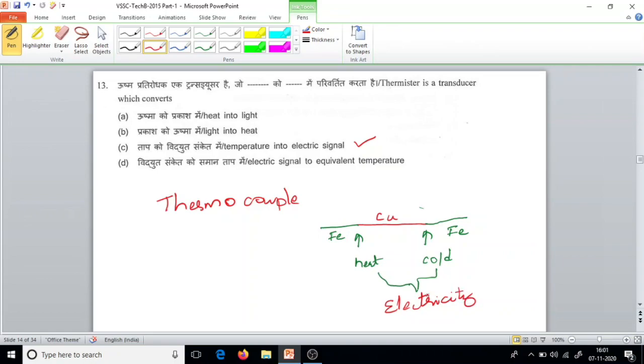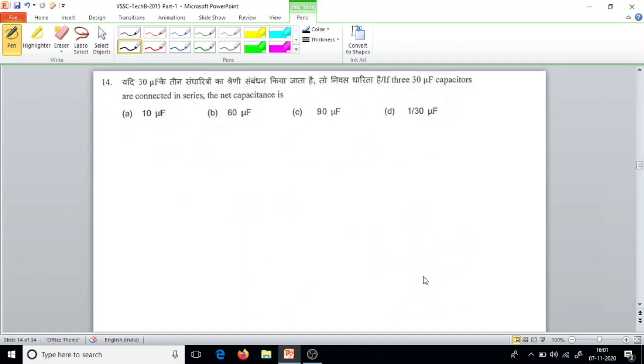This is what a thermocouple does, and it works on the principle of, what principle does it work on? The thermocouple works on the principle of the Seebeck effect, and this is known as the Seebeck effect. Okay, now we'll go for the next question. Question number